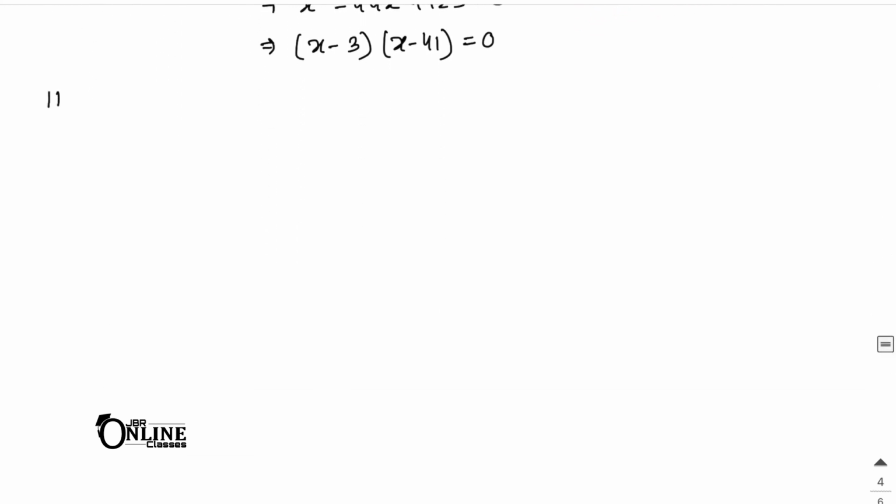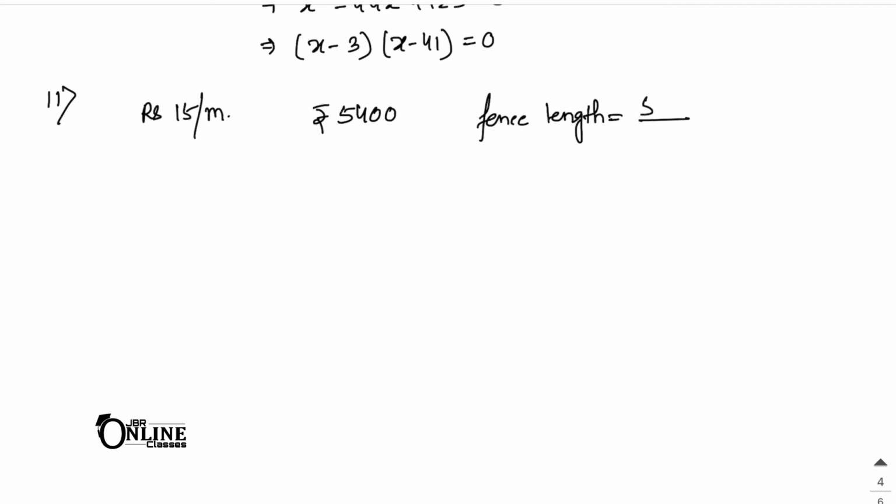Now next move on to sum number 11. So here in sum number 11, you have the cost of enclosing a rectangular garden with fence all around at the rate rupees 15 per meter. So rupees 15 per meter is the cost, and the total cost is 5400. So you can easily find out the length of the fence. Okay, so here the length of the fence will be